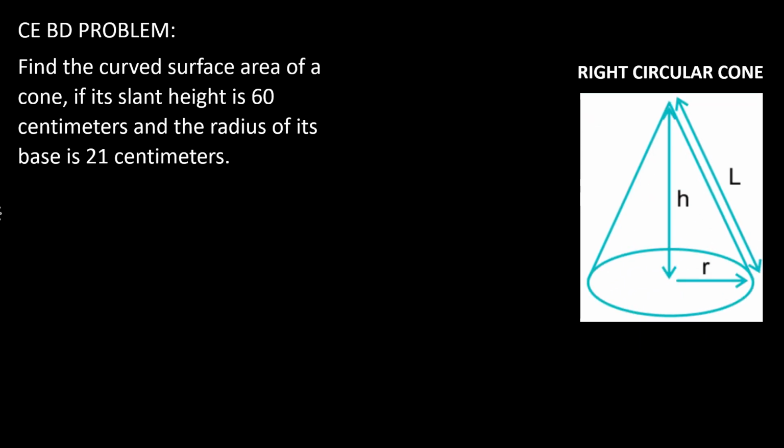First and foremost, let's take a look at this figure. This figure is actually a right circular cone. And as we can see, we have its slant height using the variable letter L, a height of letter H, and a radius of R. Now, if we intend to solve for the volume of this cone, it is actually our formula.